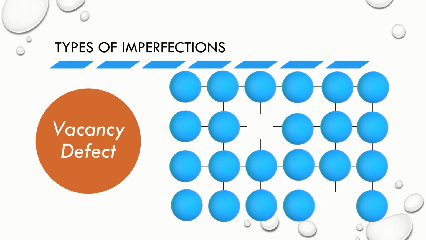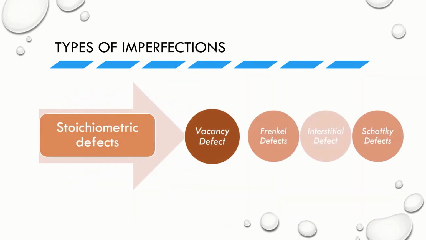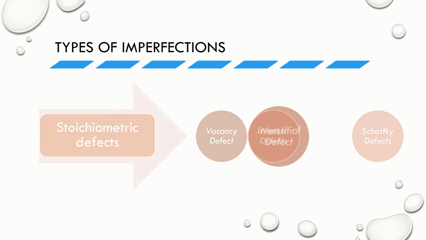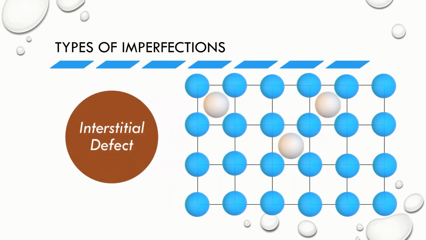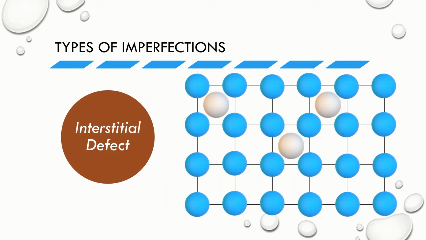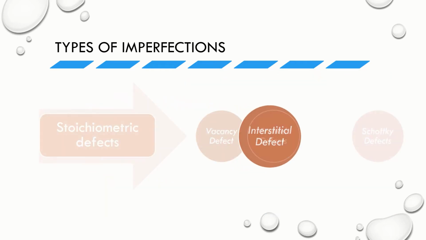crystal decreases. Now, in interstitial defect, when some extra constituent particles are present in the interstitial sites, the crystal is said to have an interstitial defect. This defect results in the increase in the density of the substance because here the mass increases but the volume